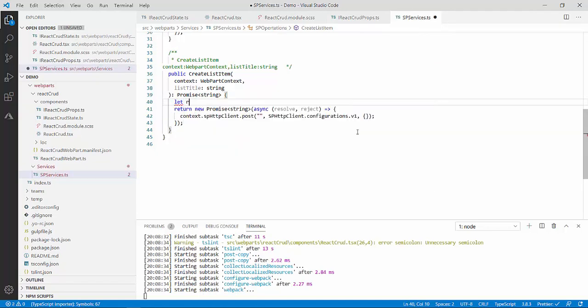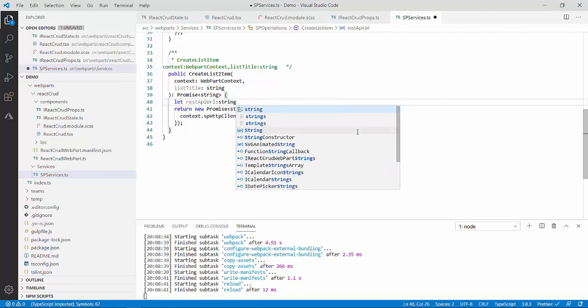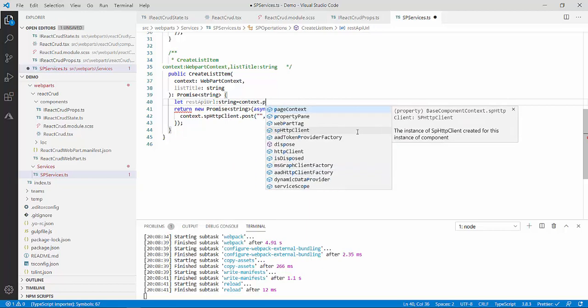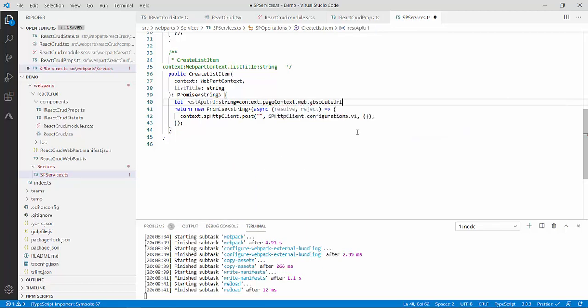So let REST API URL of type string equal to context, this time I will use pageContext.web.absoluteUrl, again plus double quotes slash _api/web/lists.